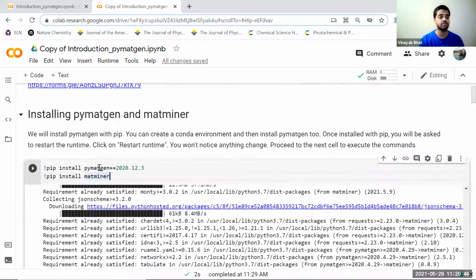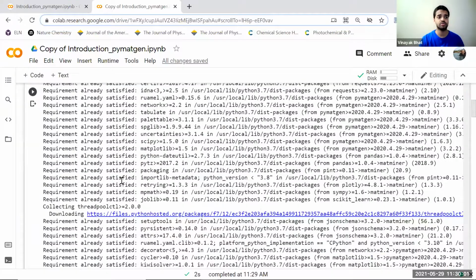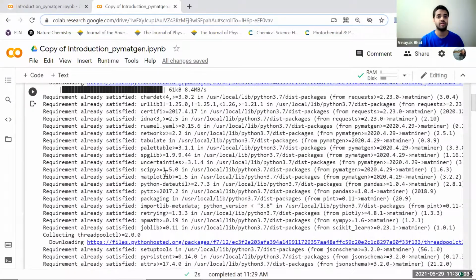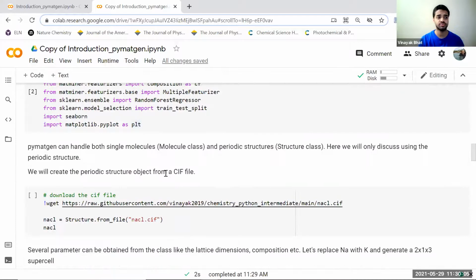If someone is new to installing packages, pip install is a way of installing it, and the thing that I put in is the version that you want. You can specify the version that you want, or it will get the latest version. So this is a 2020 version that we are trying to use so that this works.